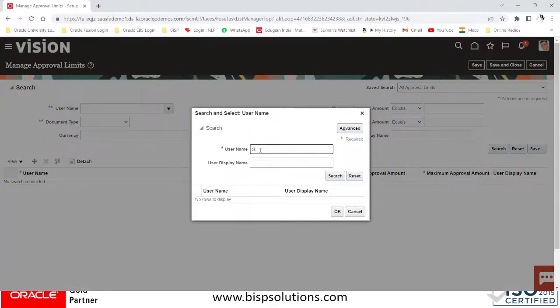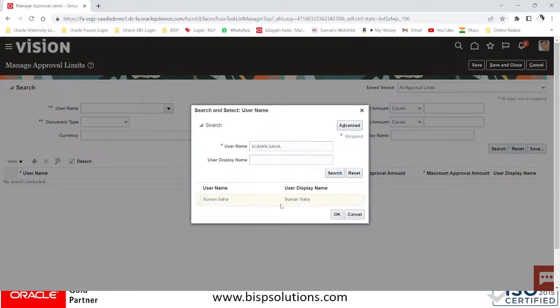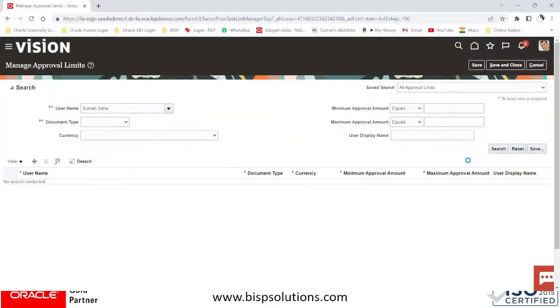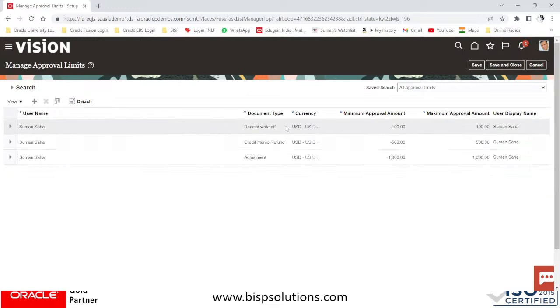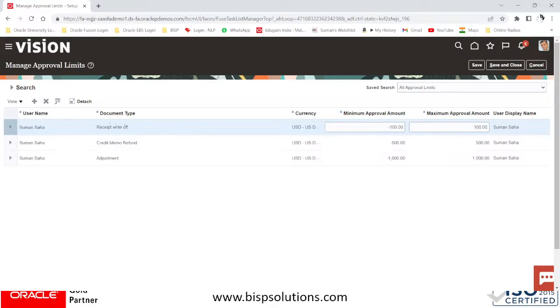username, select that, say OK, search. So I have provided the receipt write-off limit, right? So receipt write-off and the document number. The document number is receipt write-off, and the limit I have given here is minus $100 to $100, right? So positive and negative, you can write off up to